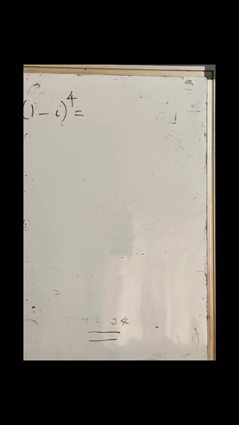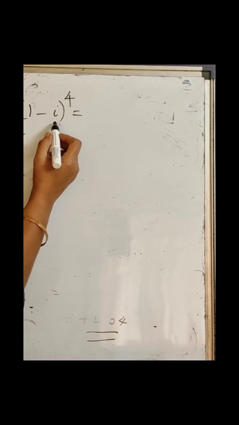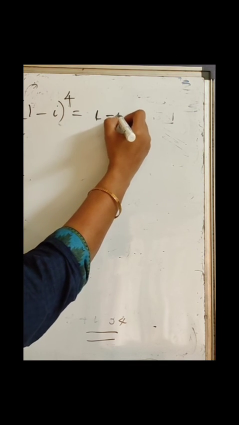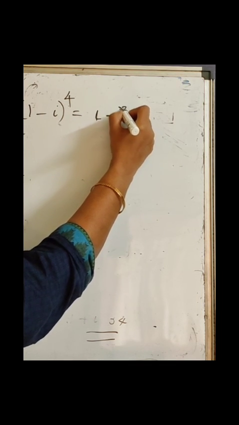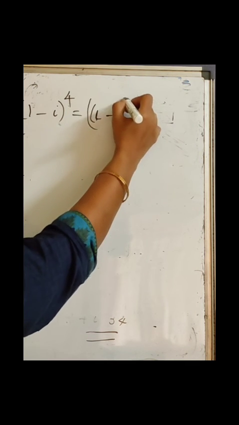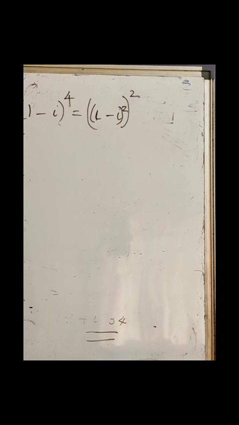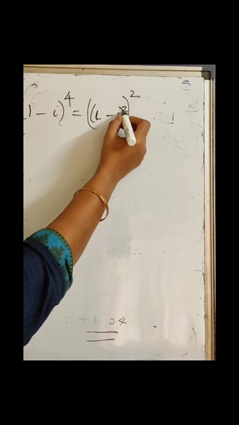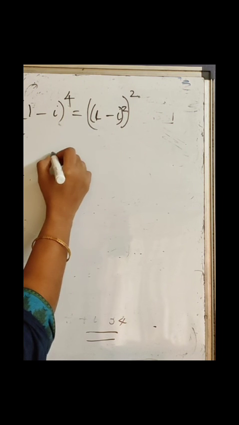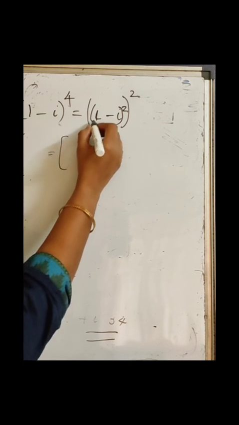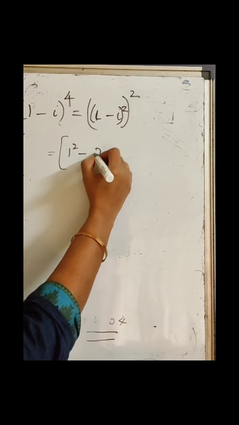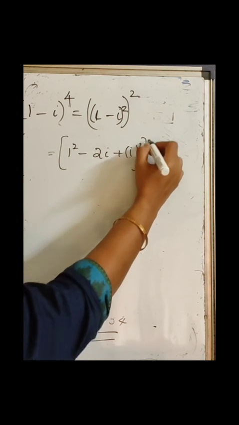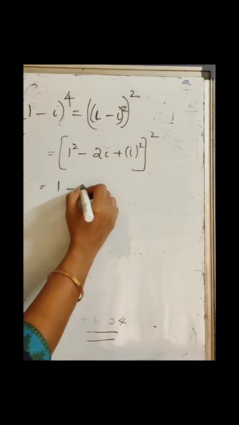Next question is 1 minus i raised to 4. So you know what is 1 minus i the whole square. So first you have to find 1 minus i the whole square, then the whole square. So that is equal to 1 square minus 2i plus i square, the square. 1 minus 2i